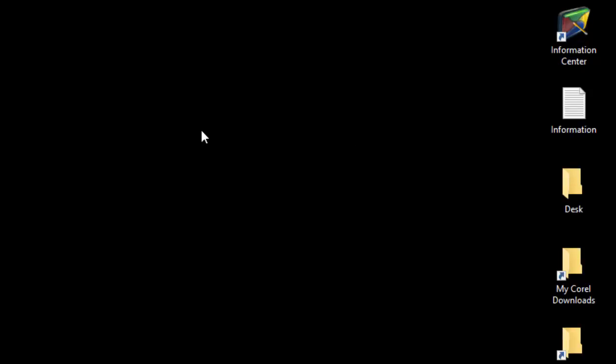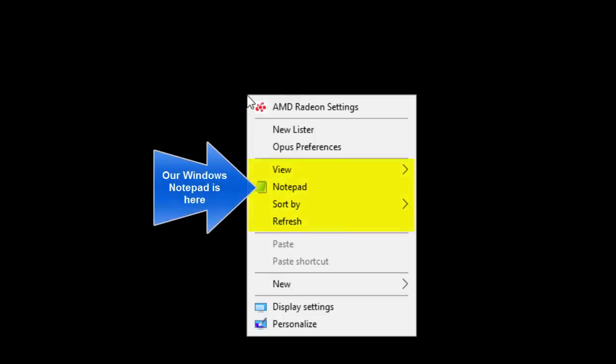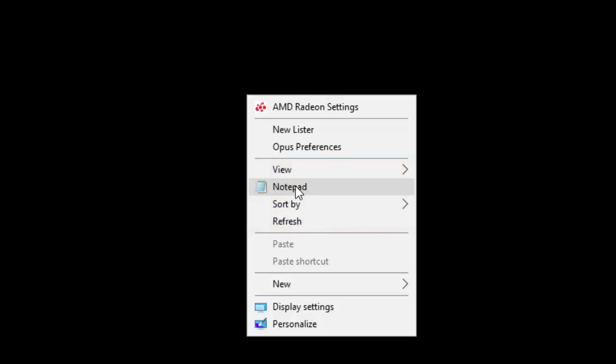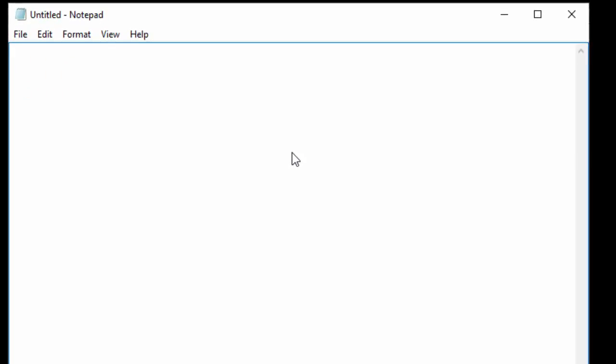If we actually minimize, which is this little tiny dash here, we're going to left click the mouse button to minimize it. Now we're going to right click to open our Windows context menu, the desktop context menu. And notice that Notepad is present. It says Notepad and the icon. So if we click it with our left mouse button, it actually runs. And that is how you add Notepad to your context menu so that you can access it when you right-click